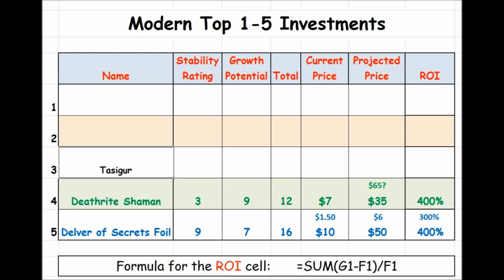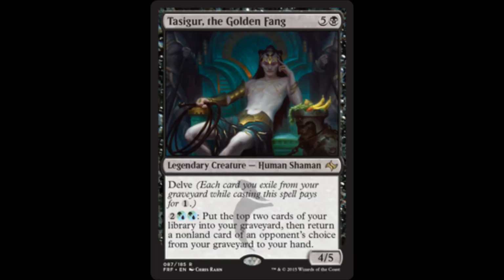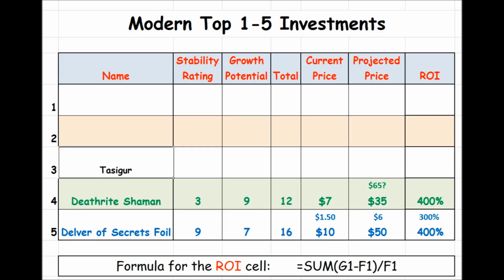Because right now, number 3. These are the 3 cards. Number 1 through 3 are the cards that I'm putting the most money in right now. Is TAS Occur, the Golden Fang, which I didn't put on there. But anyway, number 3 is TAS Occur. And I love